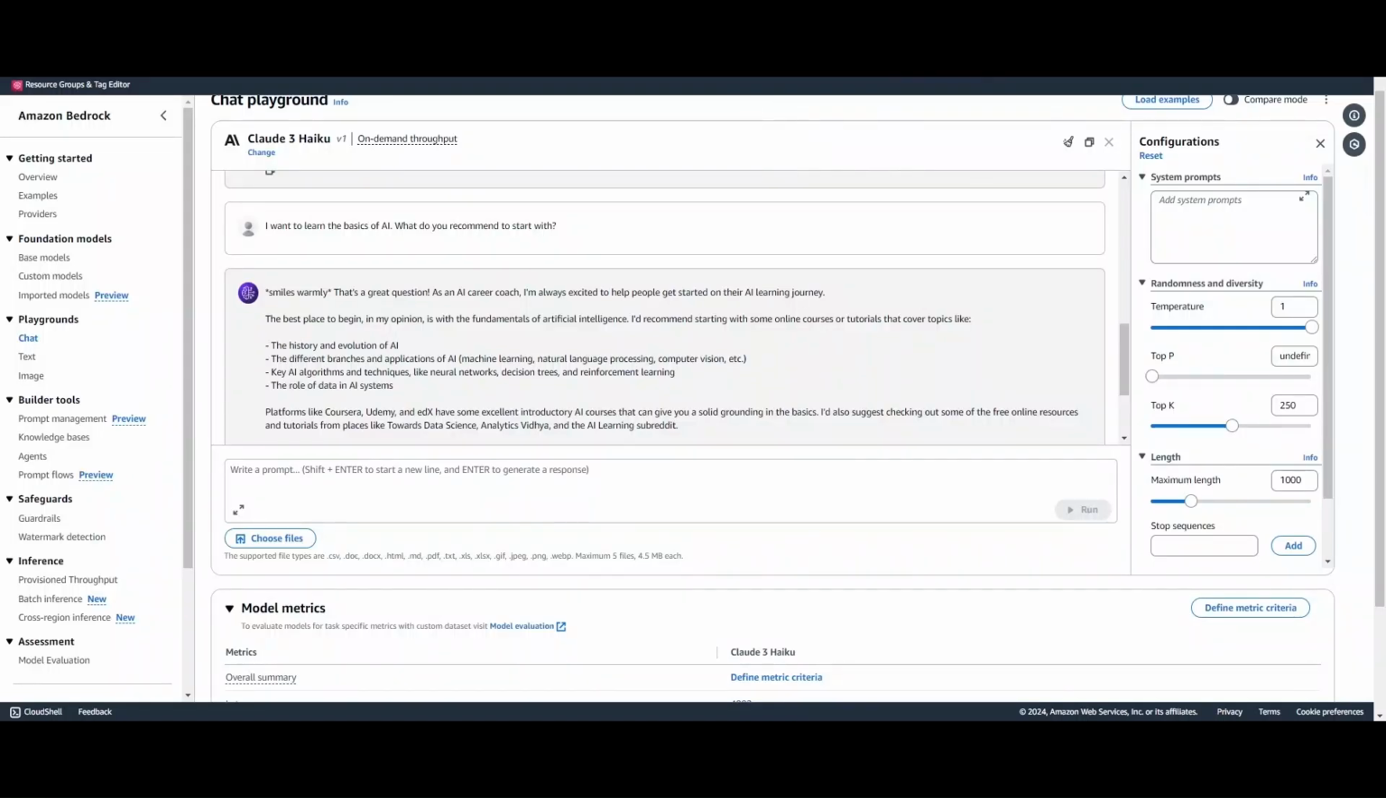That's a great question. The best place to begin, in my opinion, is with the fundamentals of artificial intelligence. I'd recommend starting with some online courses or tutorials that cover topics like. We could also specify that the output be in another language supported by the model, but for now, we will leave it as is, with the output in English. Continuing with the response, it gives us some recommendations of online courses or tutorials to start, such as the history and evolution of AI, the different branches and applications of AI, machine learning, natural language processing, computer vision, key AI algorithms and techniques like neural networks, decision trees, and reinforcement learning, the role of data in